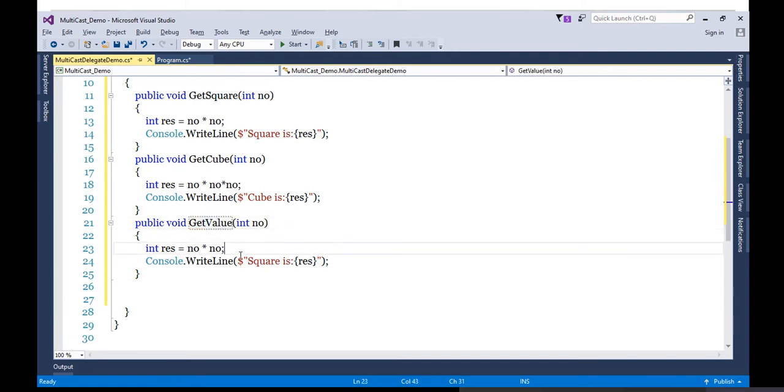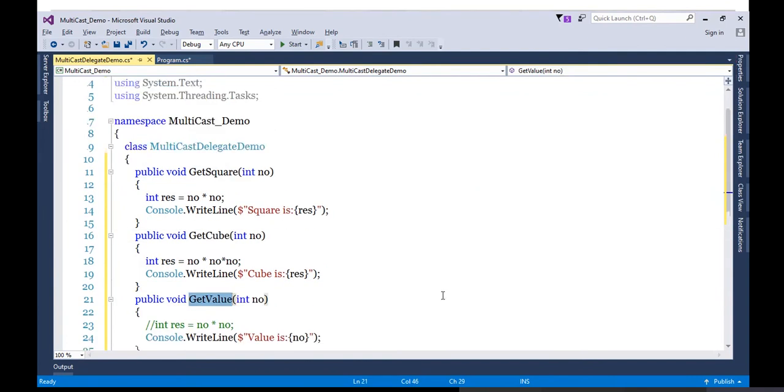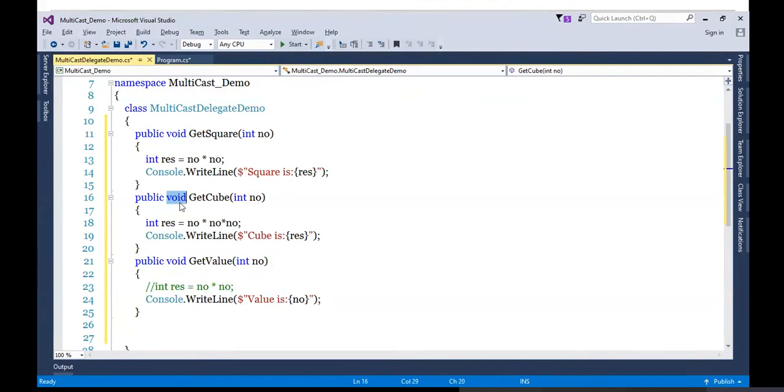This time I will not do anything, simply value is number. That's it. So I got three methods lined up. What are those? GetSquare, GetCube, and GetValue. Now if you check the return type, deliberately I kept it as void. As a signature, all these three methods are taking an integer argument.